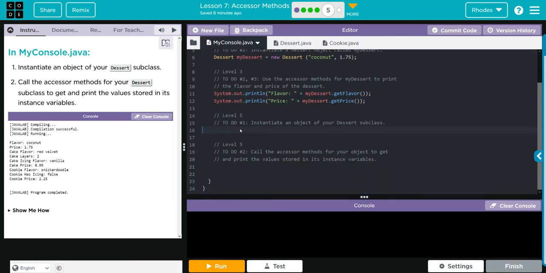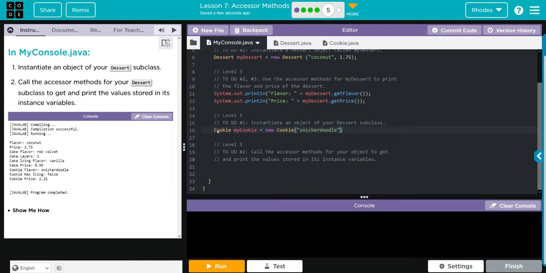How do we do this? Well, let's create our object first. And what class are we going to do? Well, the cookie subclass. And let's name it myCookie. And we want a new cookie. And we are going to use the parameterized constructor that we just created. So that needs 4. The first one's going to be the flavor. They have Snickerdoodle down there. We'll just use theirs,